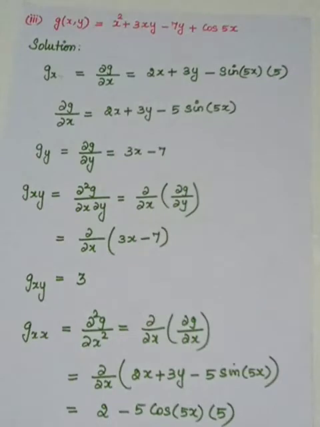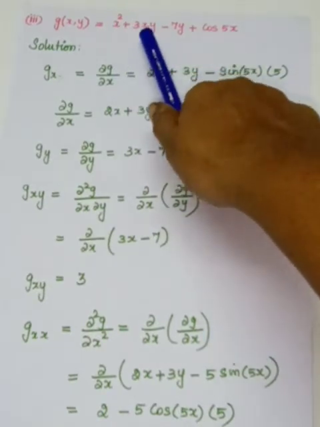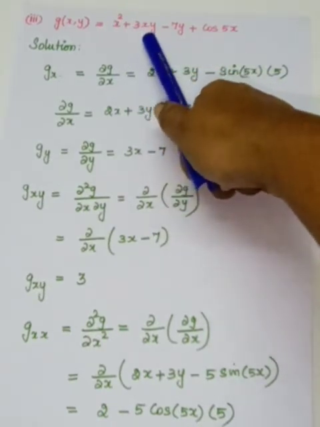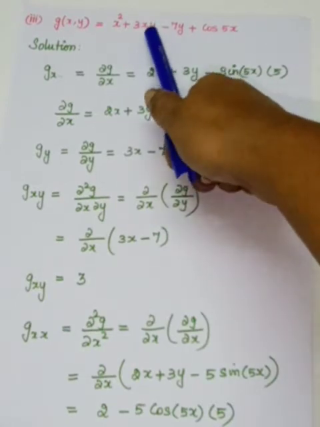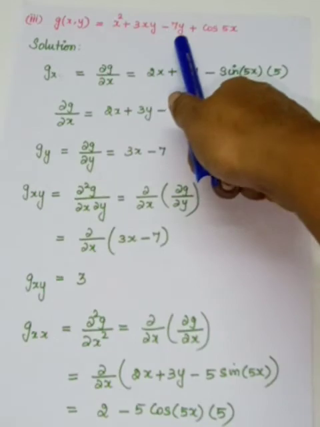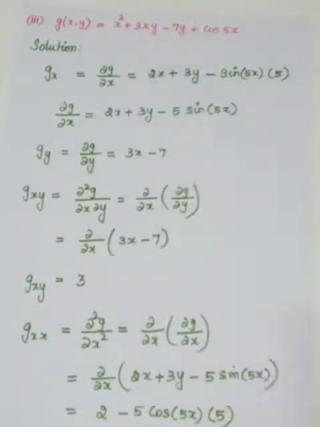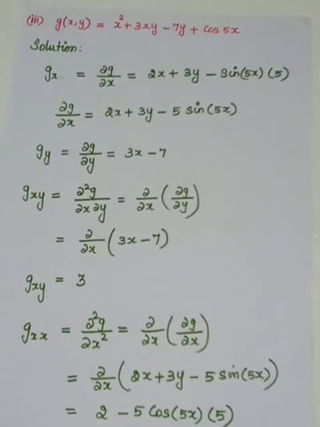Next we have to go for dou g by dou y. Okay, look at the first term. It is x squared. Go there. x squared, so it is a constant. So it is 0. Come to here. What is a constant? 3x. So remaining is y. y with respect to y, the differentiation is 1. Minus 7y. So it is minus 7 as a constant. y, the differentiation of y with respect to y is 1. Cos 5x, according to the partial differentiation with respect to y is constant, whose differentiation is 0.